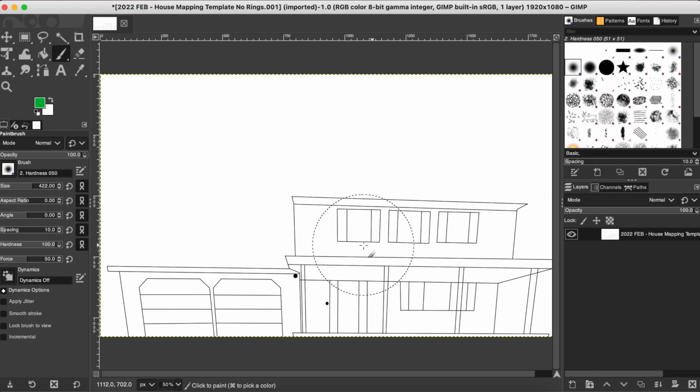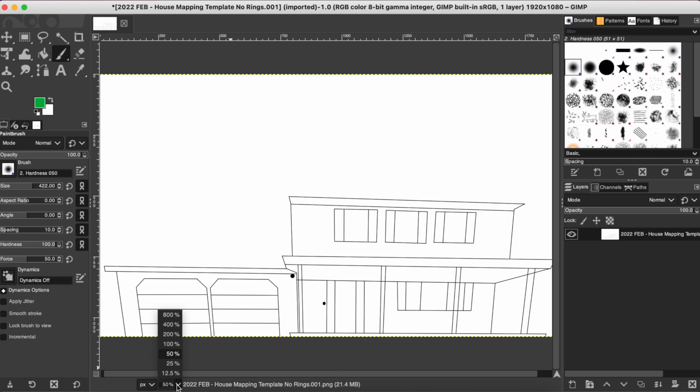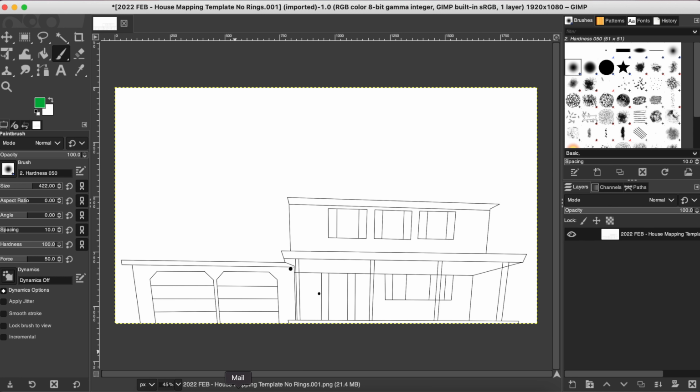Now I can see right now I have my scroll bar here on the bottom. That's showing me that I'm not seeing my entire image at once. So I do want to just zoom this out a little bit. And 45 works for me. Now I can see the gray around the outside. So let's get started. I have my template. I have the idea of what GIMP looks like. We talked about the brush. We talked about the magic wand. We talked about the layers over here. So we're going to go ahead and create our first